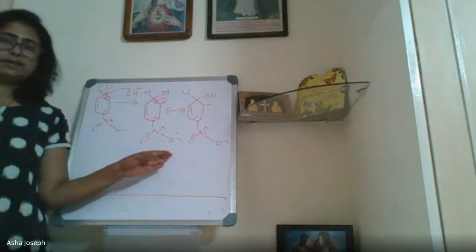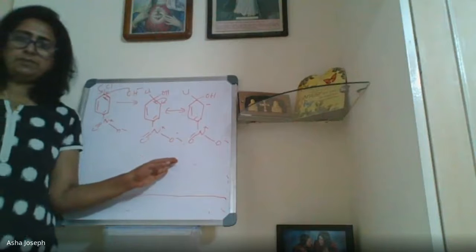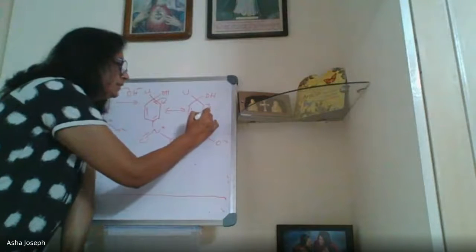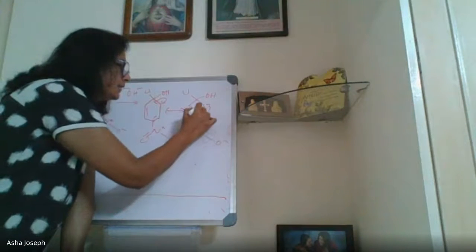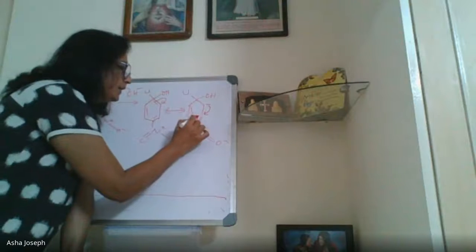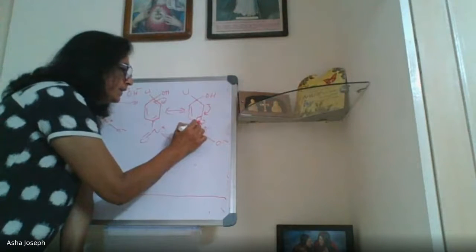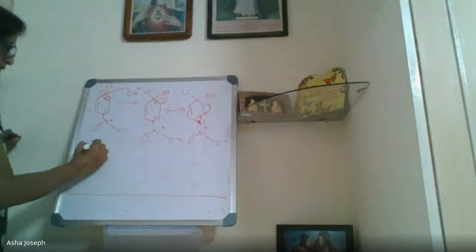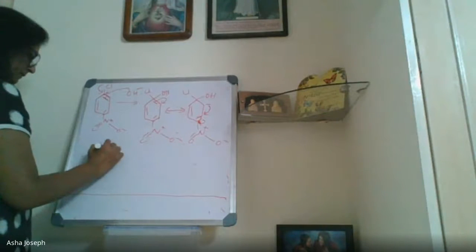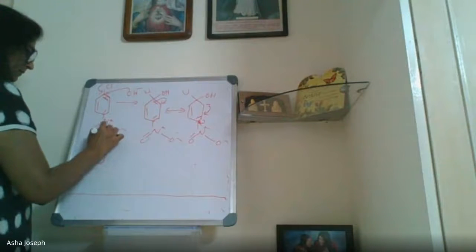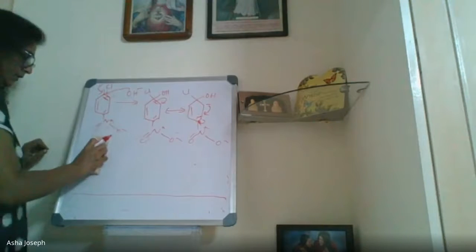Okay, this much clear. Can I draw the next structure? Yes, ma'am. So this is which you learned last year, na? This can form a double bond here. Then this bond will shift, and the electrons will come there. So I am going to draw it here. Okay, this end I will draw.